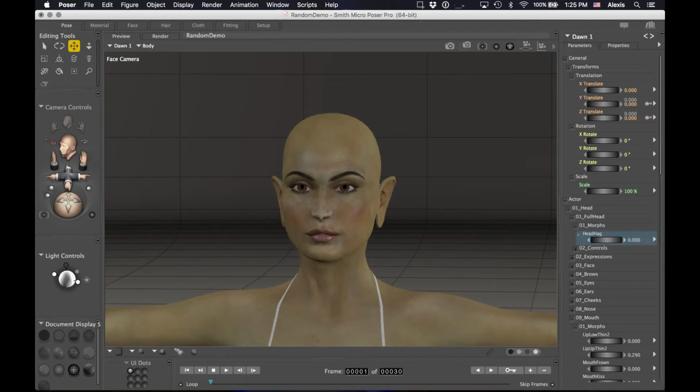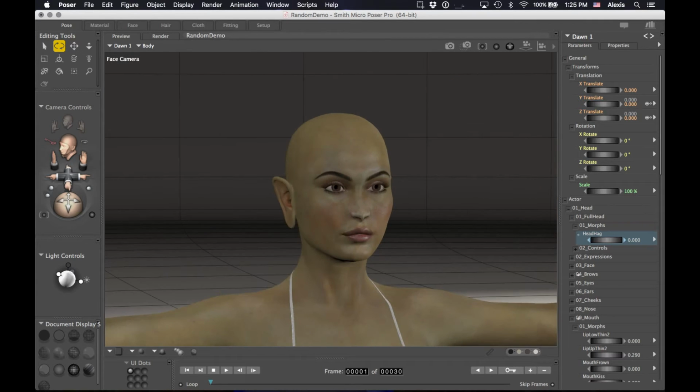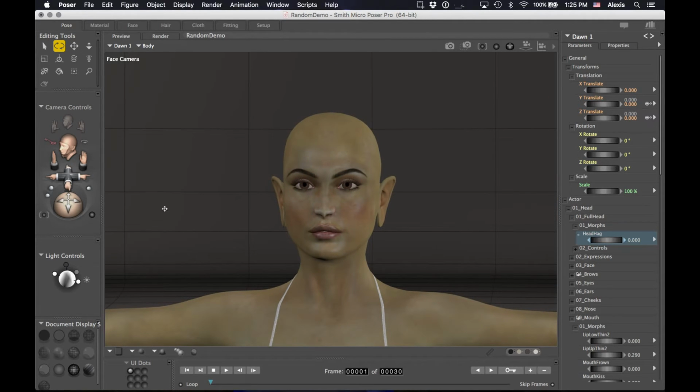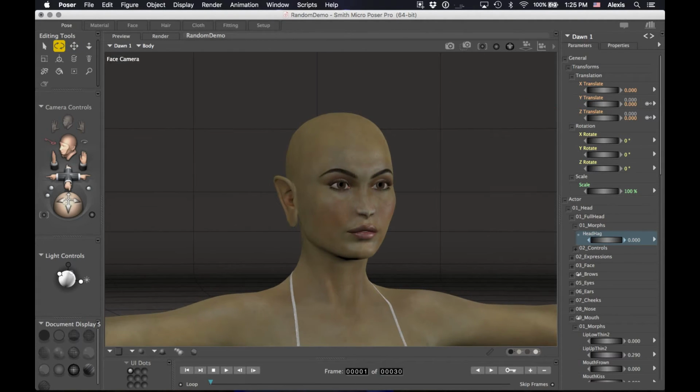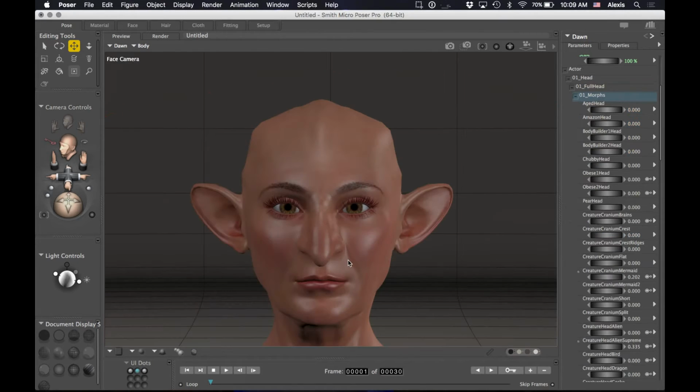So if we put that at 0. Oh, look at that. Totally changed her face there. She's pretty cute. And that's a good thing to remember, is that sometimes the full head can make drastic differences to the rest of the figure. Sometimes it doesn't. So that was actually a really nice example of that. All right,